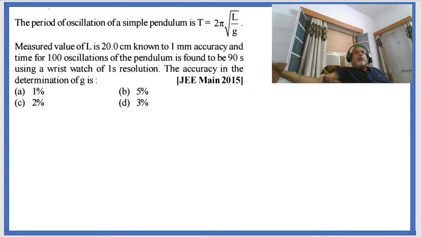Every year you will find one in the paper. So let us do this problem. This problem क्या है? Period of oscillation of a simple pendulum is T is equal to 2 pi